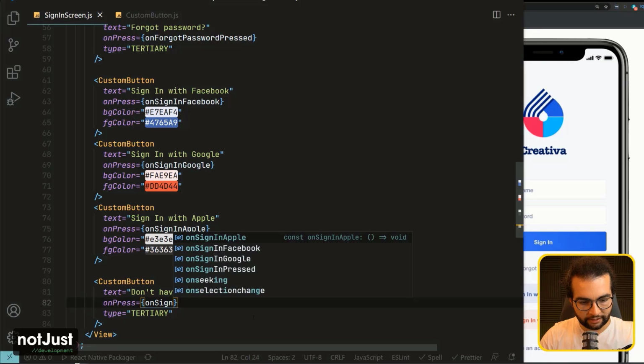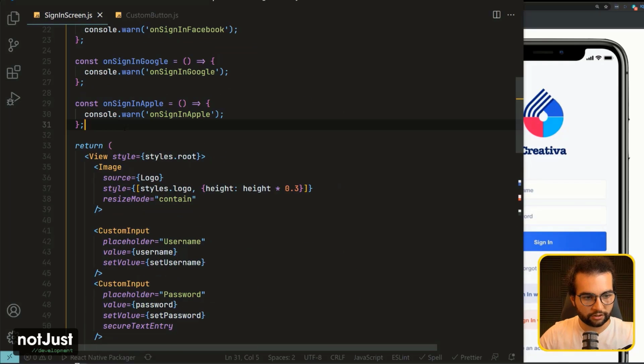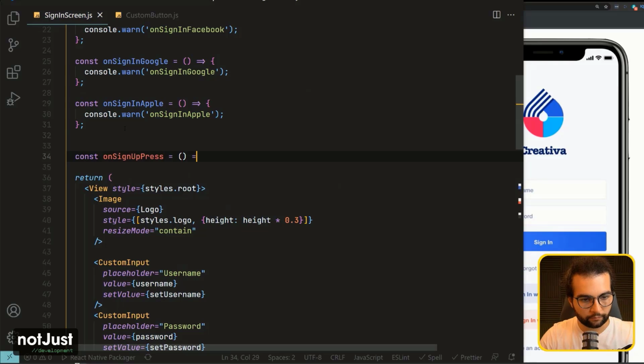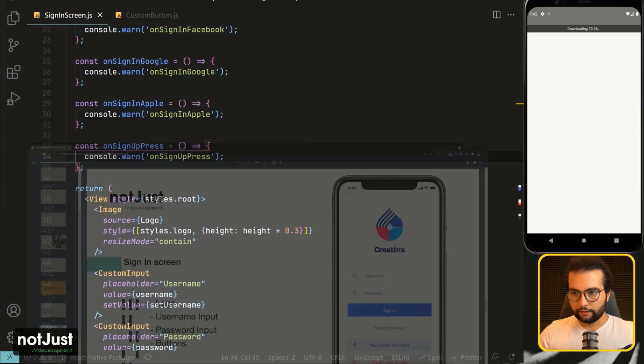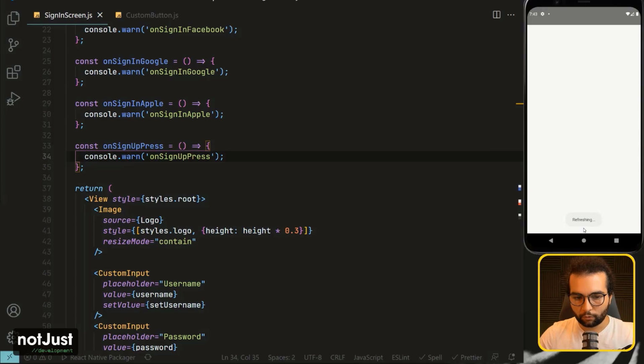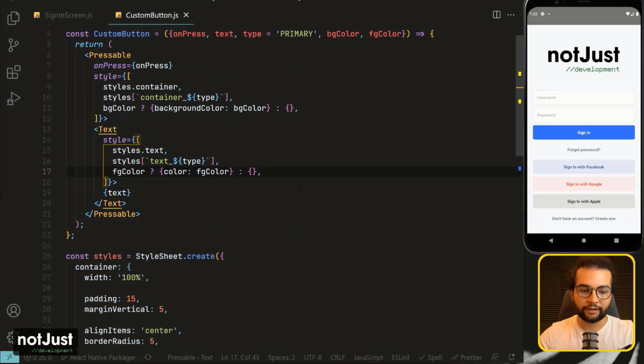On sign up pressed. This will redirect the user to the sign up screen. And if we look here, we see the button here at the bottom of the screen, and everything now is ready for this screen. Before going to the next screen, I want to show one issue that there might be